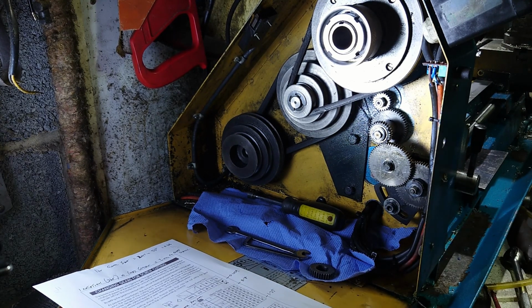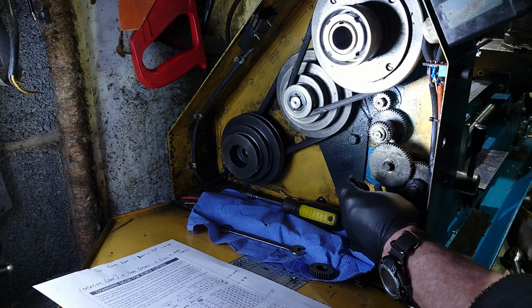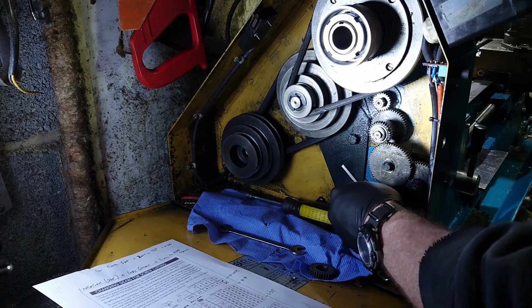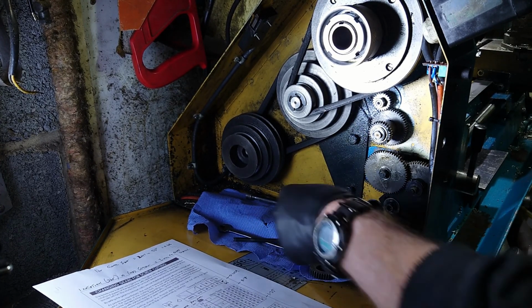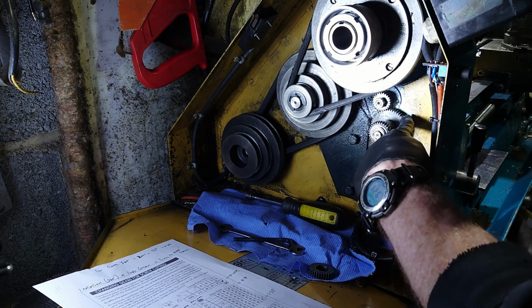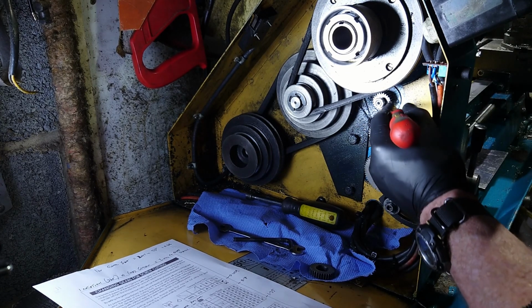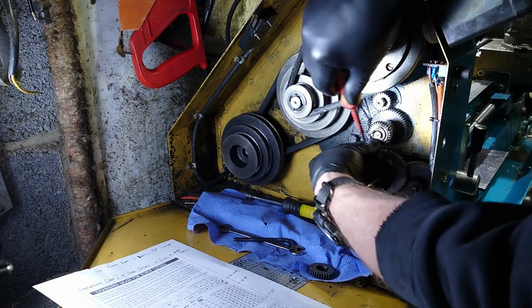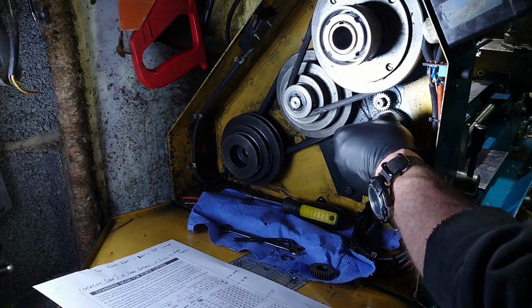So when I find out where I've put my screwdriver, there it is. Right, so what we'll do is we'll just loosen this off, and we'll just run this quadrant down a bit, just to give us a little bit of space to work on. So that's at the first gearbox, onto that one. Those two are preset, we don't do anything with those. So what we do is we'll just move these C-clips. And this one has a washer behind it,